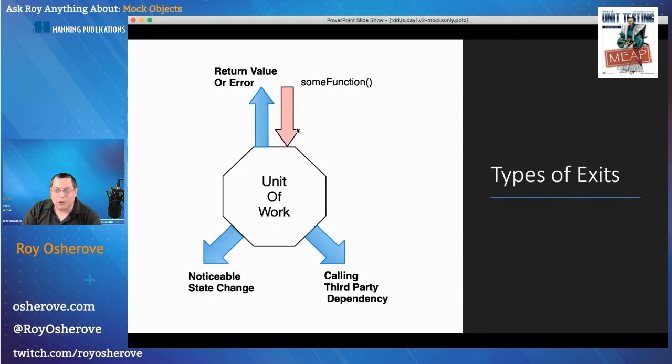So what do I mean by noticeable state change? It means that I can view the behavior of the system change in some way from the same level where I invoked the entry point. Okay? So I either invoke some function again, or I invoke another function and I get back values based on the new state of the system.